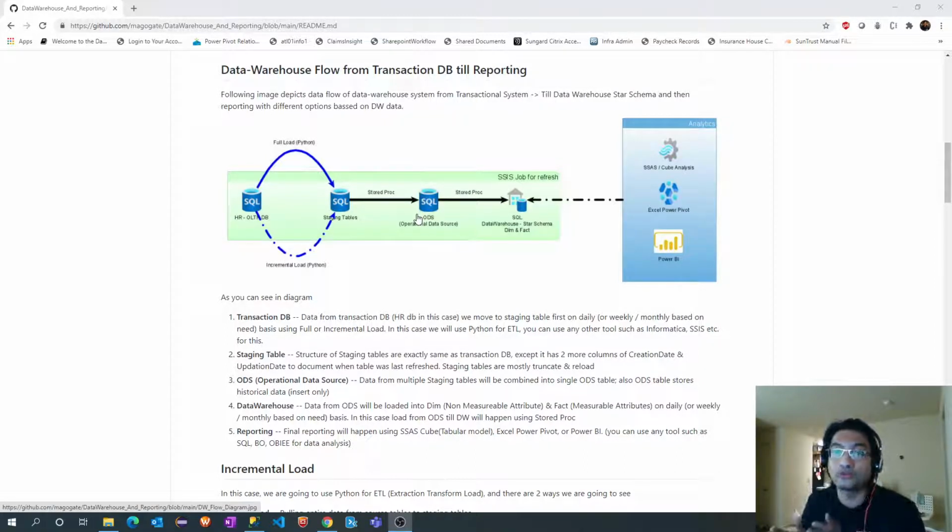We do not have to pull all the columns from each and every staging table. It's on a need basis: whatever columns we think are usable for reporting, we'll pull only those, and we'll have a single ODS table with many columns, maybe around 50. Whatever columns you need to keep in the ODS table is up to the implementation or business need. So before creating the ODS table structure, let's first understand what our data is.